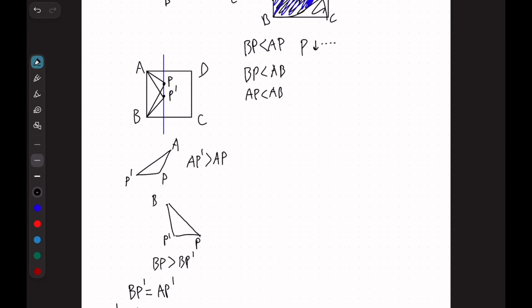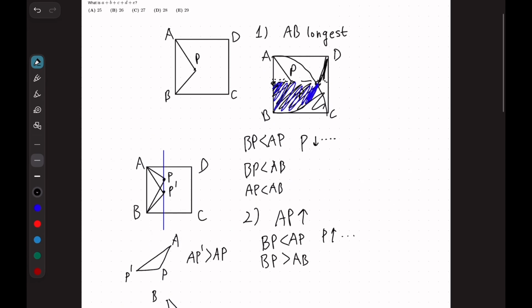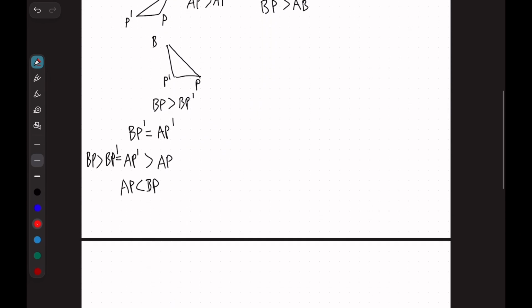Case 2. AP is the largest. BP is smaller than AP, so P is above the dotted line. Also, BP is bigger than AB, so P is outside these two circles. So the area should be this. Therefore, the total area is